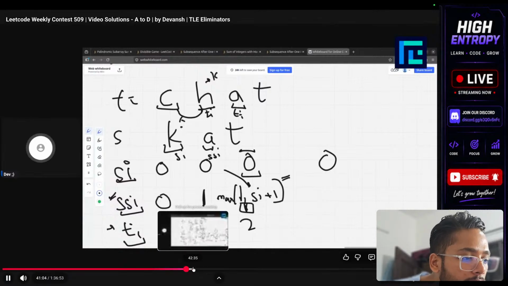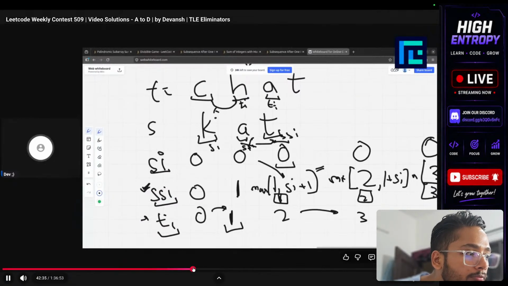SSI, cool. This we will increment it. We have not applied an operation. So this plus 1, because we can always apply